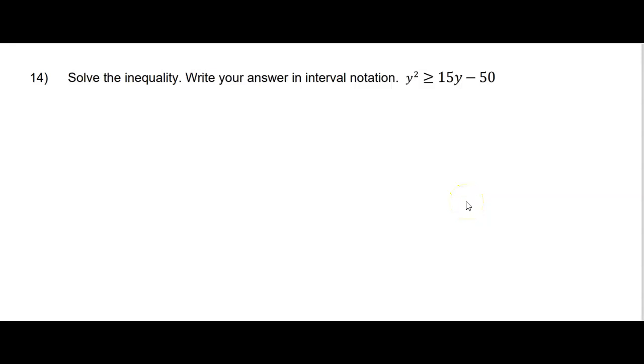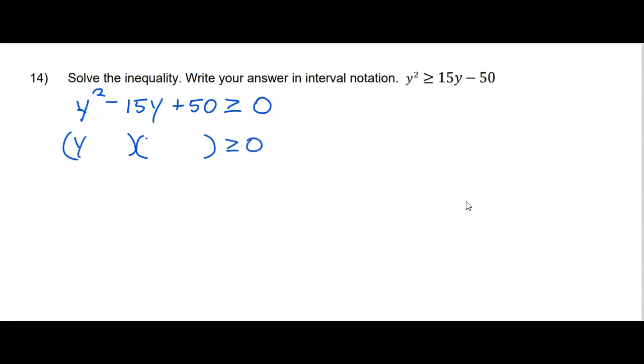Solve the inequality. Write your answer in interval notation. We have a quadratic inequality. So we would start off by moving everything to one side, in this case to the left side, so that we have an inequality that's comparing to 0. We can factor this left side,